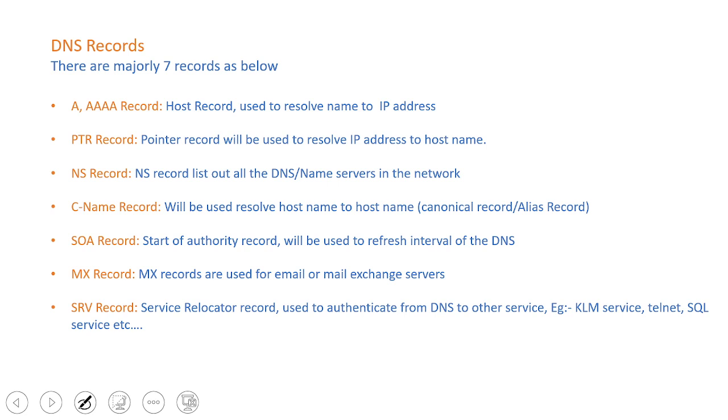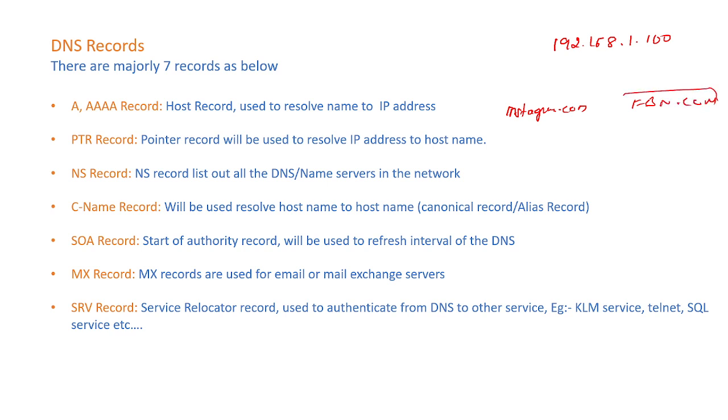That time also they are able to open the website. Let me put it this way. Say for example, the IP address of Instagram.com is 192.168.1.100. So the old name is Instagram.com. The new name is fbnew.com. So fbnew is the alias for Instagram.com.